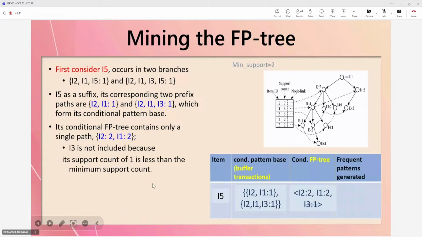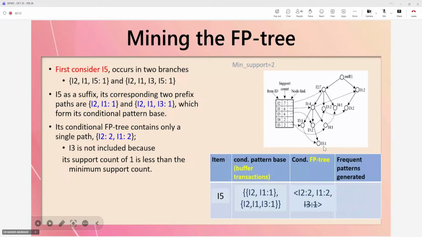So now you can see I3 is not included because its support count of 1 is less than the minimum support count. So on the top here, remember what we did in the Apriori: what is contained in the pre-condition generation must correspond to the minimum support count given. This is the minimum support count, which is 2. So do we have I3 as